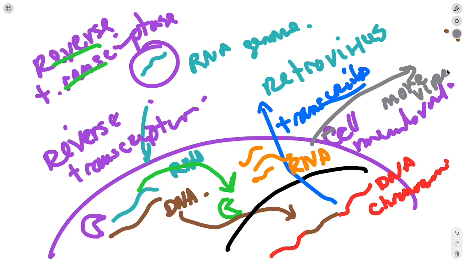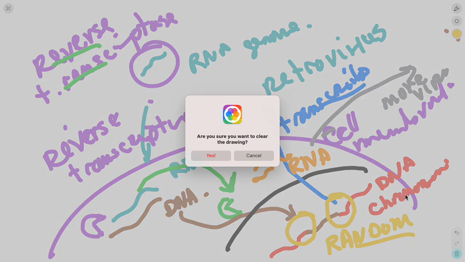And then here's the key thing for the cancer story. The key thing for the cancer story is right here, at this site of insertion. The site of insertion is pretty random, so we could insert that kind of anywhere in the chromosome. And so now I'm just going to erase that, and we're going to zoom in on that, because what happens is